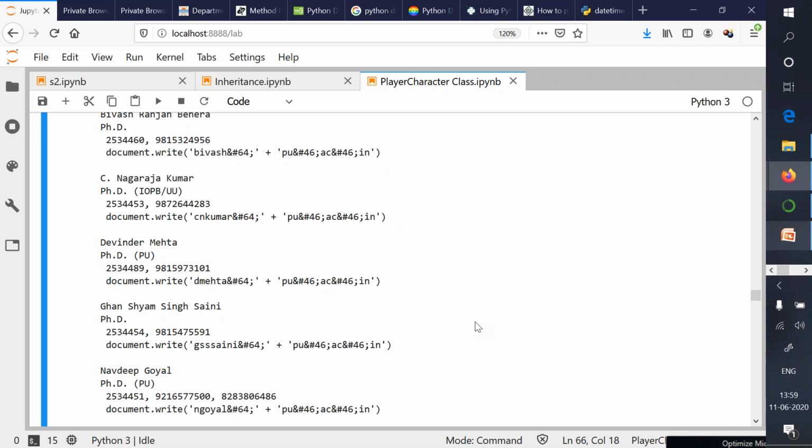Is there any time constraint for these students, or is it just an assignment? No, they can take their own time, one or two days. So basically, they're open to explore. Yes, because it's just to give them practice. I've just given them the idea. Later on they can also extend the classes. Sure, sir.